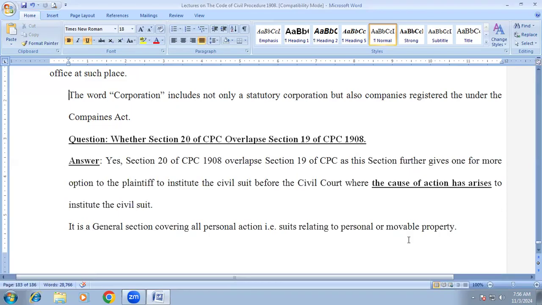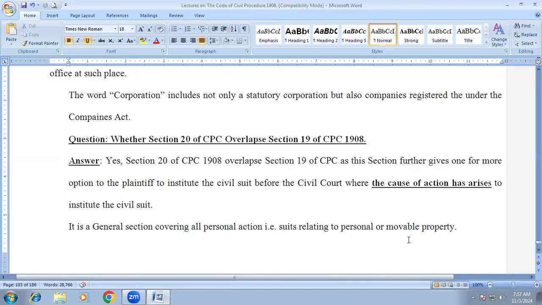But section number 20 of CPC overlaps section 19 of CPC because section 19 of CPC does not cover the point of cause of action. Section 19 of CPC is almost similar to section number 20, but section 19 misses the point of cause of action. So section 20 of CPC overlaps